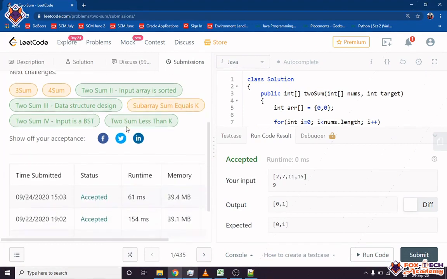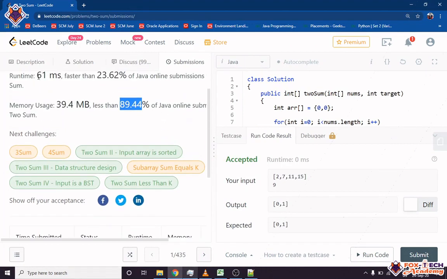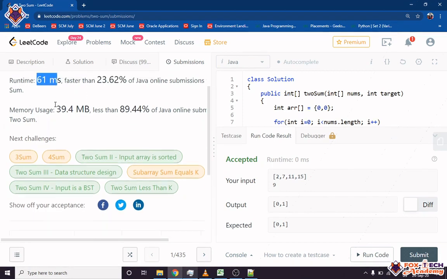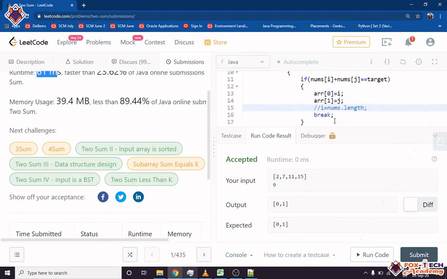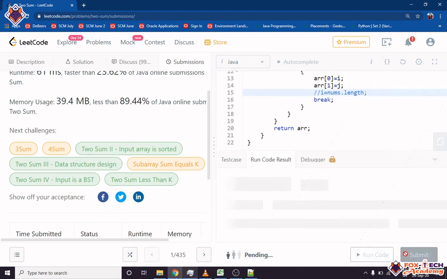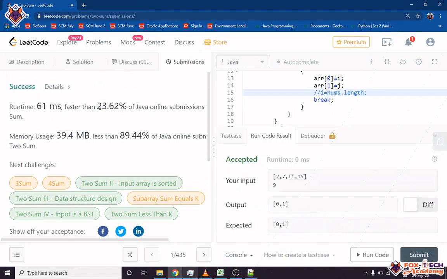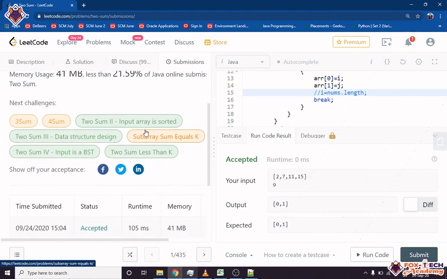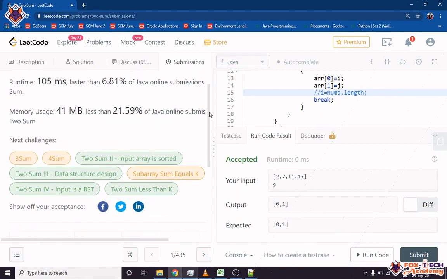If you see the time here, it takes 61 milliseconds. Now if we comment this line and submit this program, you will see 61, right? Again, if I submit, yeah, you can see the time has increased, 105 ms.